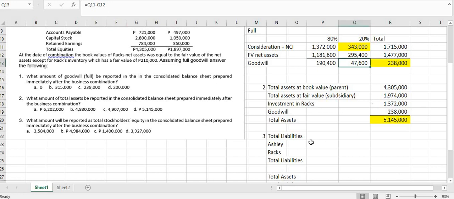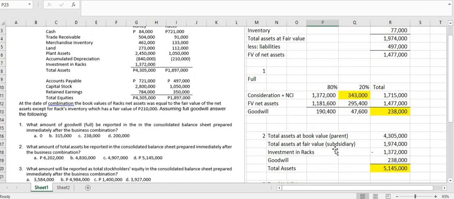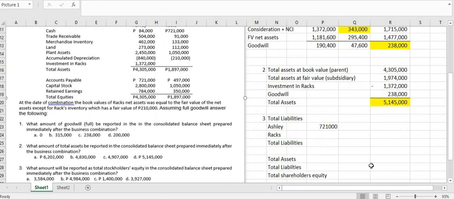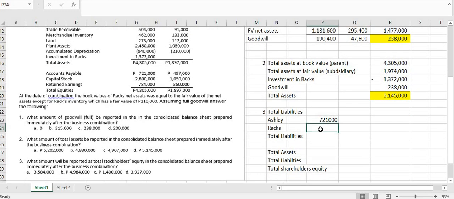Okay, so the total liabilities of Ashley Corporation is 721,000. And then the total liability of RAC is 497,000. Therefore, our total consolidated liabilities is 1,218,000. Then from your total assets, 5,145,000 less total liabilities of 1,218,000, we have total shareholders' equity of